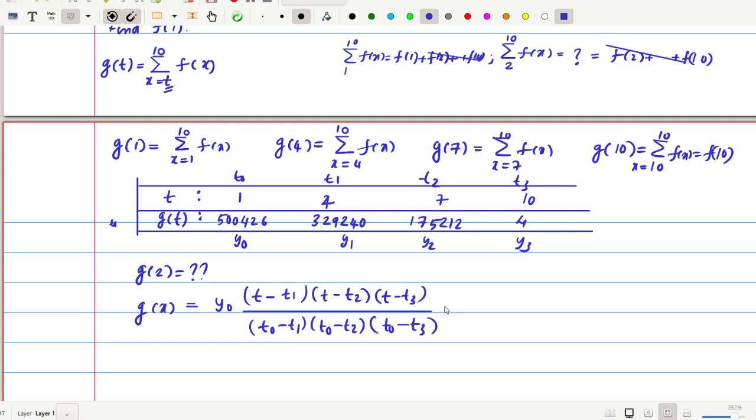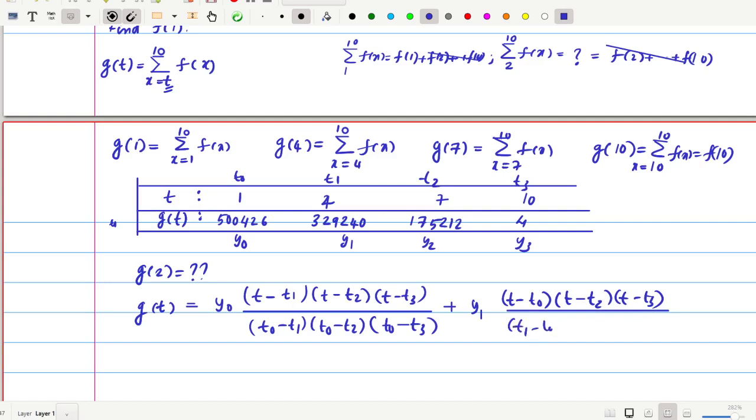So this is the first term, and sorry, this is not g of x, this is in fact g of t. We need to write the explicit formula for g of t instead of g of x, and y1 times the next will be (t minus t0)(t minus t2)(t minus t3), we avoid t1, divided by